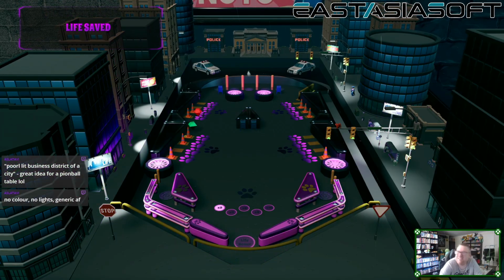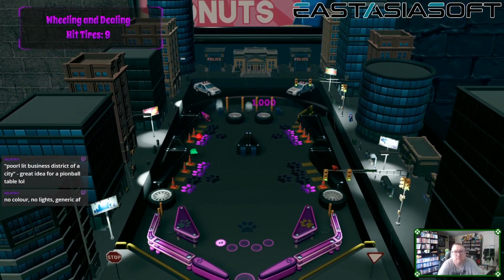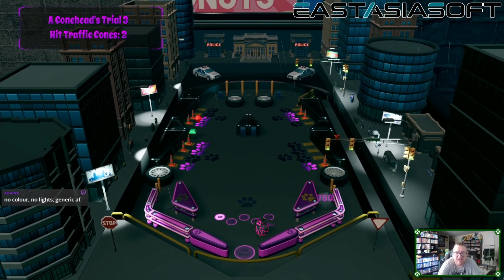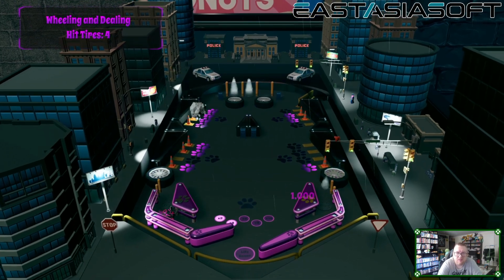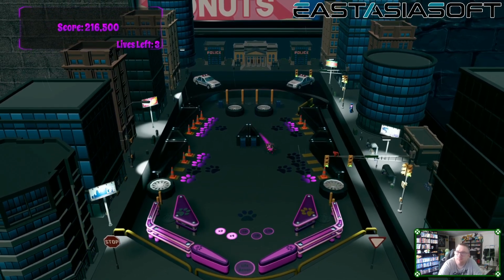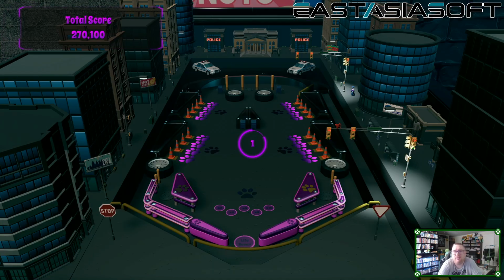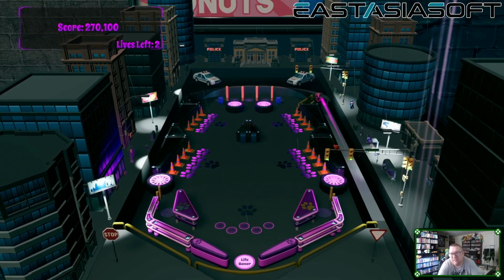Really? These tables are so basic. So it's just like I don't feel that there's any... What's the word I'm looking for? Not imagination. It feels like there hasn't been that much effort put into these. I mean, I know this is supposed to be a story-based game, right? We need to get 400,000 points. Right, okay. I know this is a story-based game, but it's...